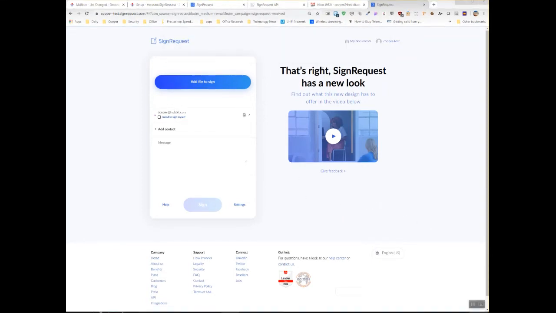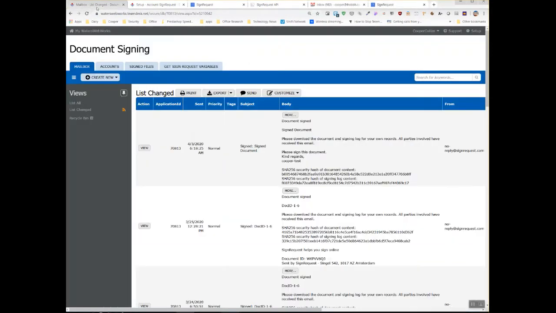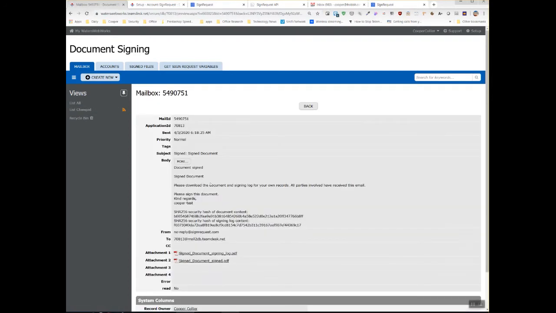So now we wait a bit, and I did do the waiting, and we come over to our mail, and we look at changed, and here is our mail. Once we view the mail, we can see that it has come in properly. This is good. We have a signed document log and a signed document PDF that we need to deal with. And